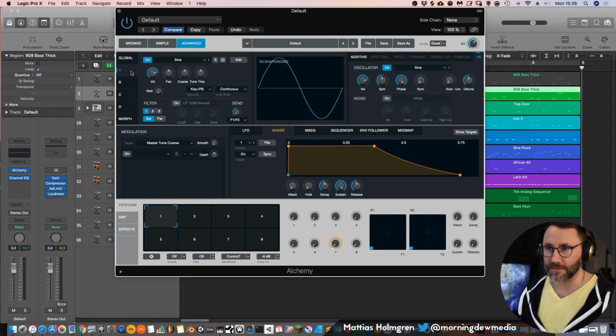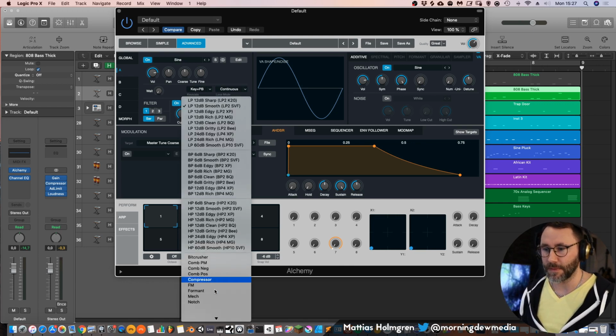And we can go into this sound source A tab and activate the first filter and set this to mech. So the 808 bass is basically a sine wave, but it's saturated in different ways so that you can get this bass to pop a little bit. And especially if you're listening back to small speakers like mobile phones and laptops, you really need to have a little bit of harmonics above that fundamental frequency.